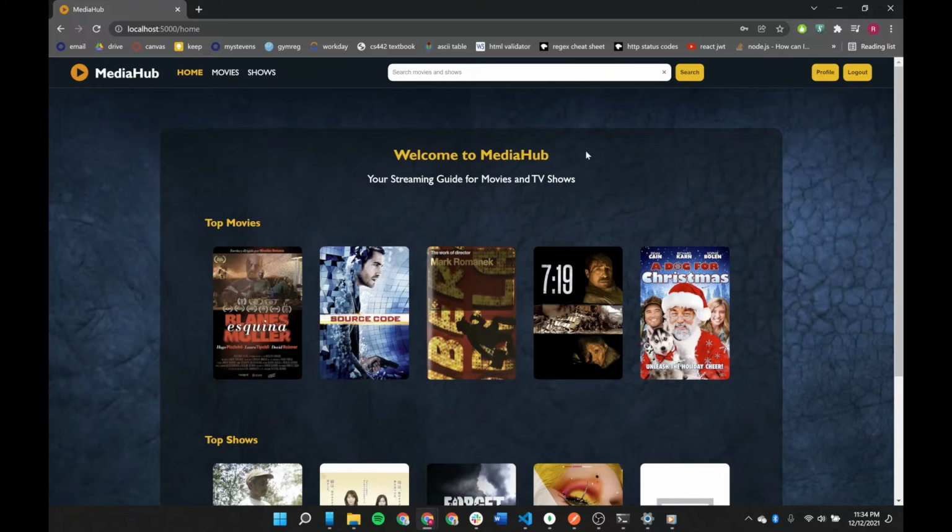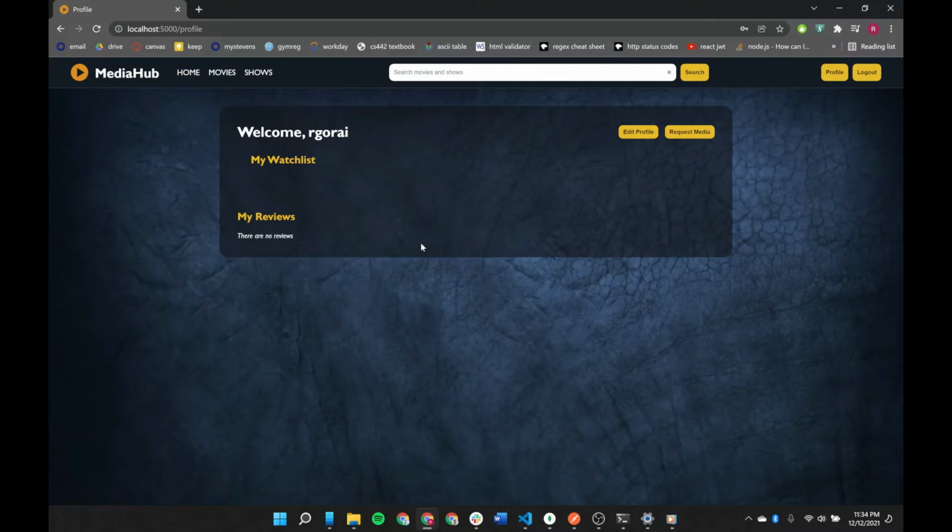So now you're logged in, and as you can see, the buttons up here have updated to reflect that you're logged in. You can now either log out or go to your profile. So let's go to the user's profile. Okay, so here you can see that since I'm a new user,